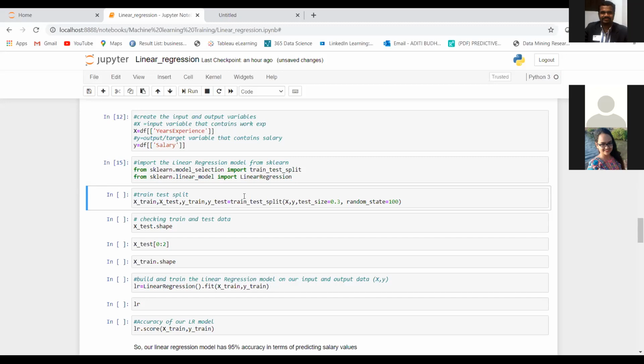This testing data set will be a new data set for our model, and we will use our model to predict the values of our output variable from this test data set, right? So have you guys understood what is training and testing data set?